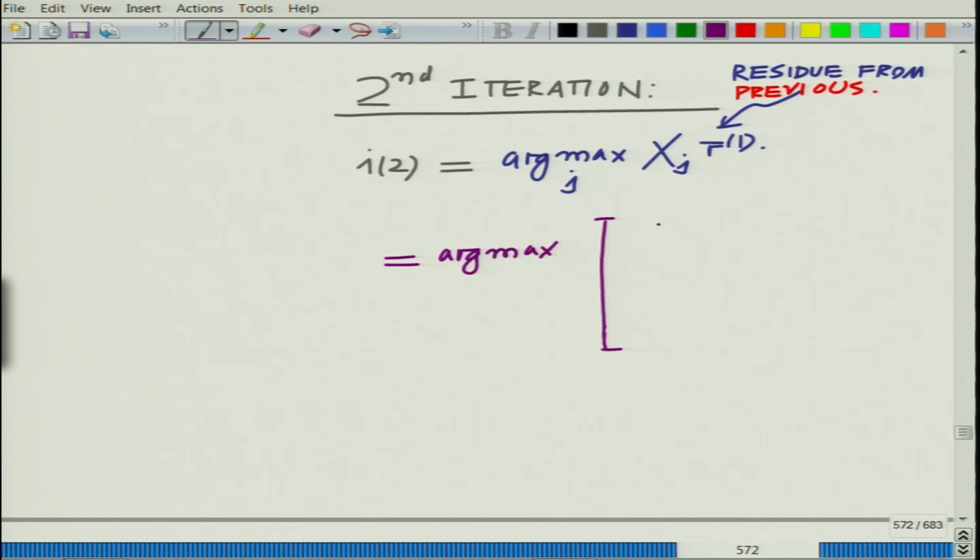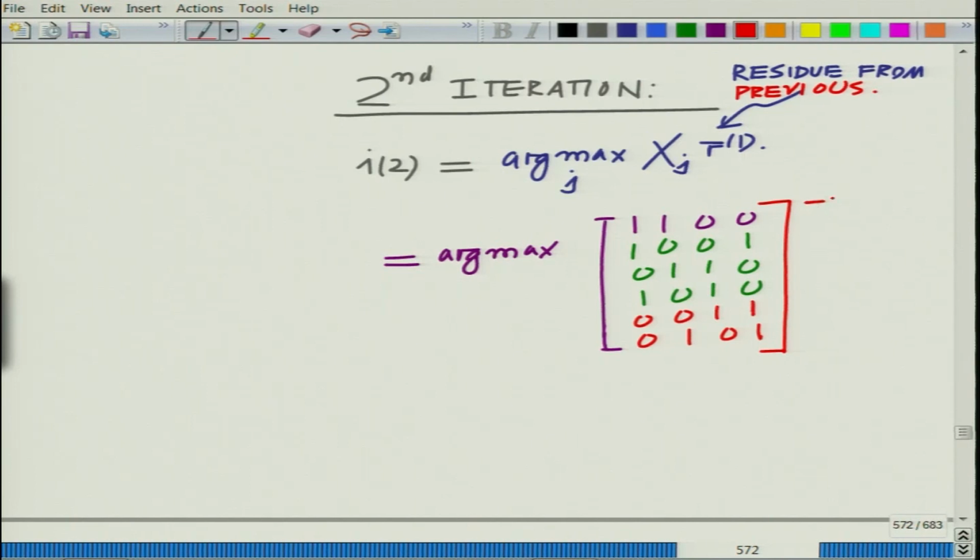So this will be, once again, remember, 1 1 0 0, 1 0 0 1, 0 1 1 0, 1 0 1 0, 0 0 1 1 and 0 1 0 1, and now I will use r bar of 1,